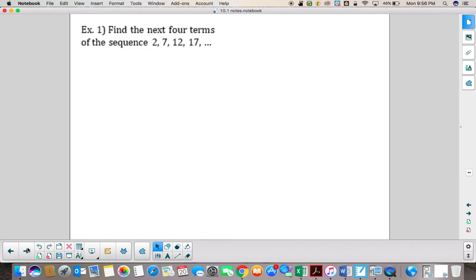Okay, so our first thing is we're going to find the next 4 terms of this sequence. And so you kind of have to look at the numbers and investigate what you think, whether it's going to be an addition happening, multiplication, division. And the first thing is probably look for addition and subtraction would probably be the biggest to go with first. Think about, what do you need to go from 2 to 7, and from 7 to 12, and from 12 to 17. And I see right away that if I added 5 to these,